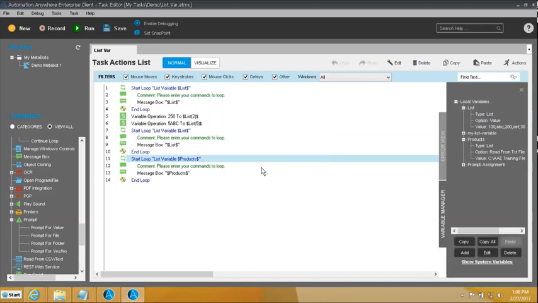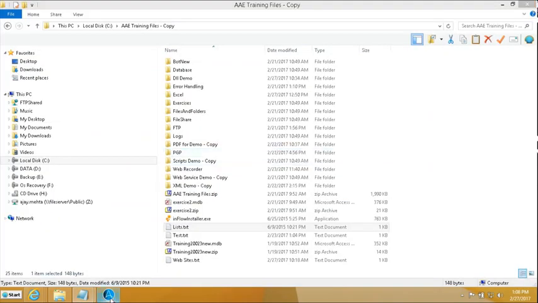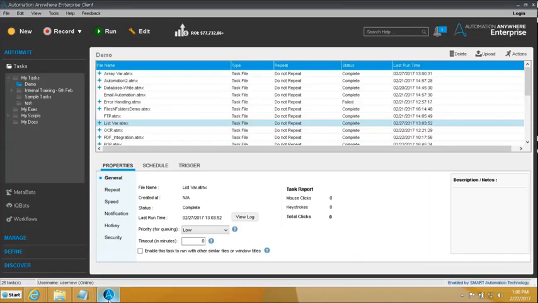That's us going through a list variable, iterating over its contents. This is just what we wanted. That is our list variable. What else do we need over here? So one thing